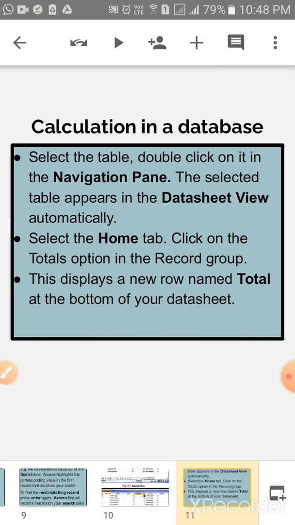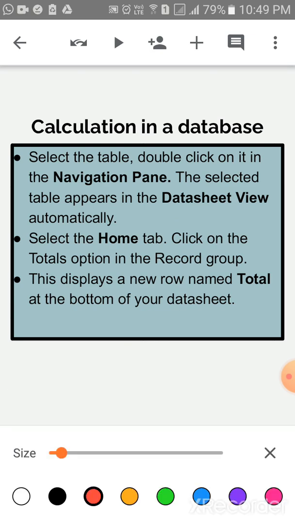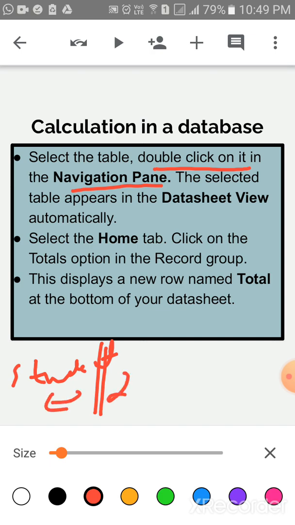Now children, come to the calculation in a database. Children, select the table in datasheet view in MS Access. Double click on it in the navigation pane. Children, you all know the navigation pane is available on the left hand side of the datasheet. Suppose this is the student table. You have to double click here. It will open.